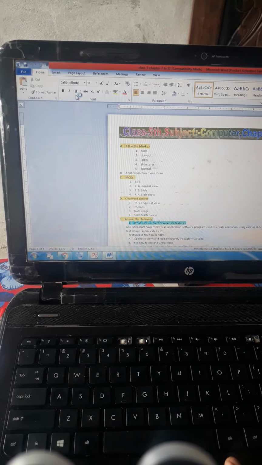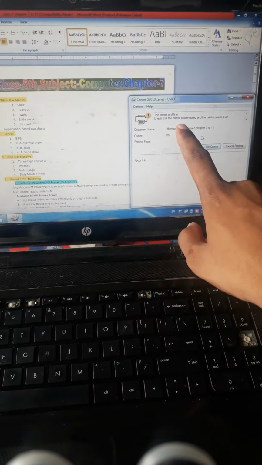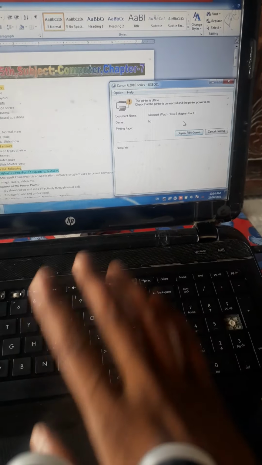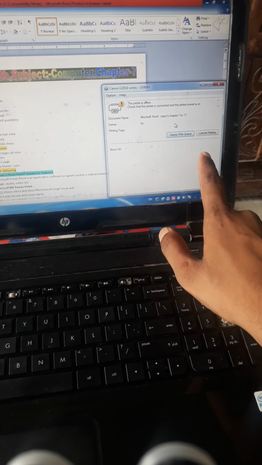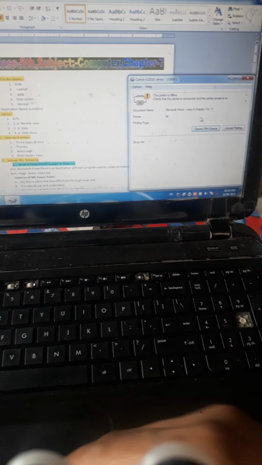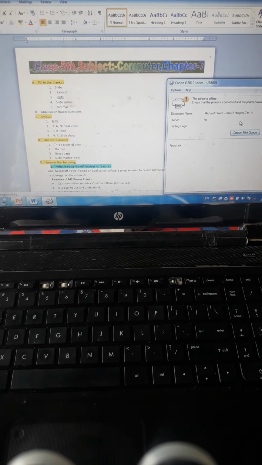After this you will find that after a few seconds another menu will appear like this, and here there is no printer connected, so it shows that the printer is offline. If your printer is connected, then your options will be Print or Cancel. So if we want to print, then you can click on Print, otherwise you can click on Cancel. All of this is an activity you have to try to do at your homes.